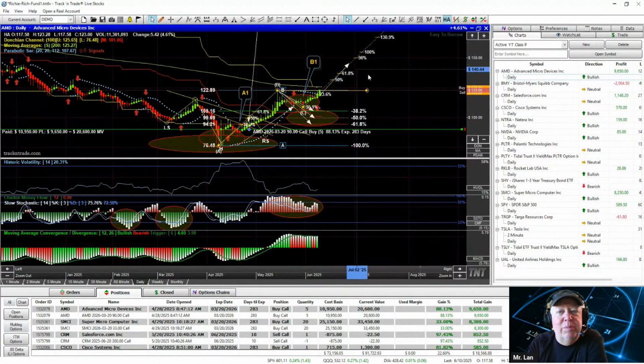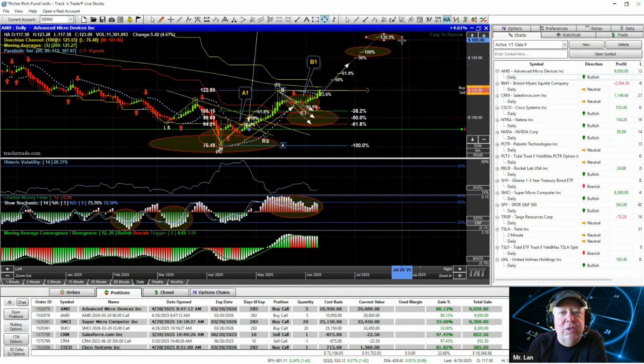This is where we're going to anticipate if the probabilities work out the same as it did on the first run. So A drive was this big. We're going to anticipate what we call the reflection. So the pullback point and then the reflection back up to this point. So we're going to say these guys are going to probably run it up to this region up in here somewhere. Now, 130.9 is the golden ratio to the upside, just like 61.8 is the golden ratio to the